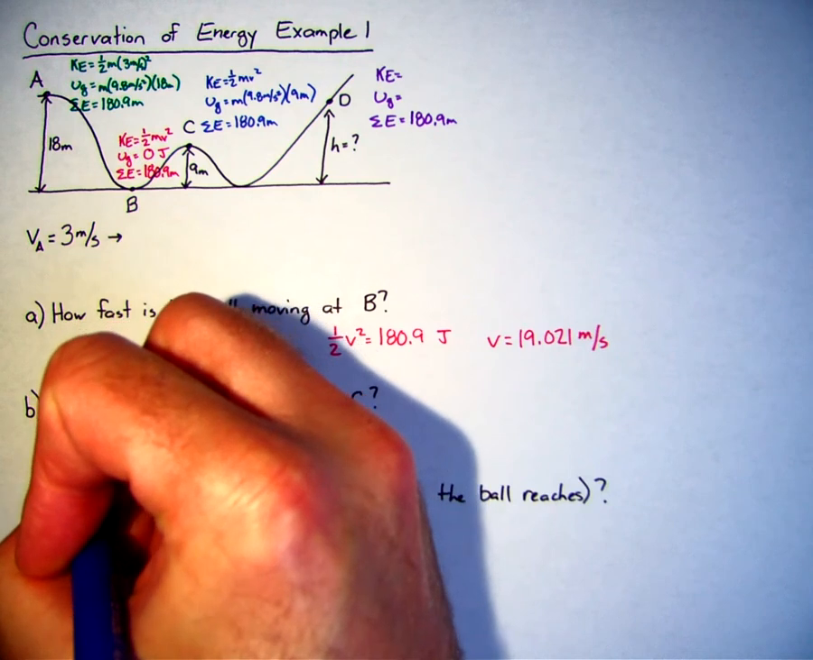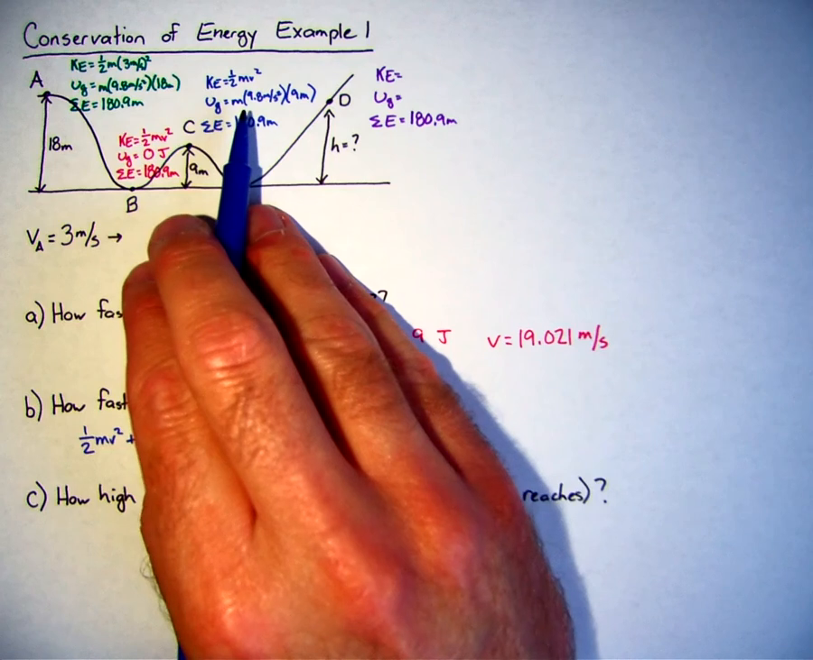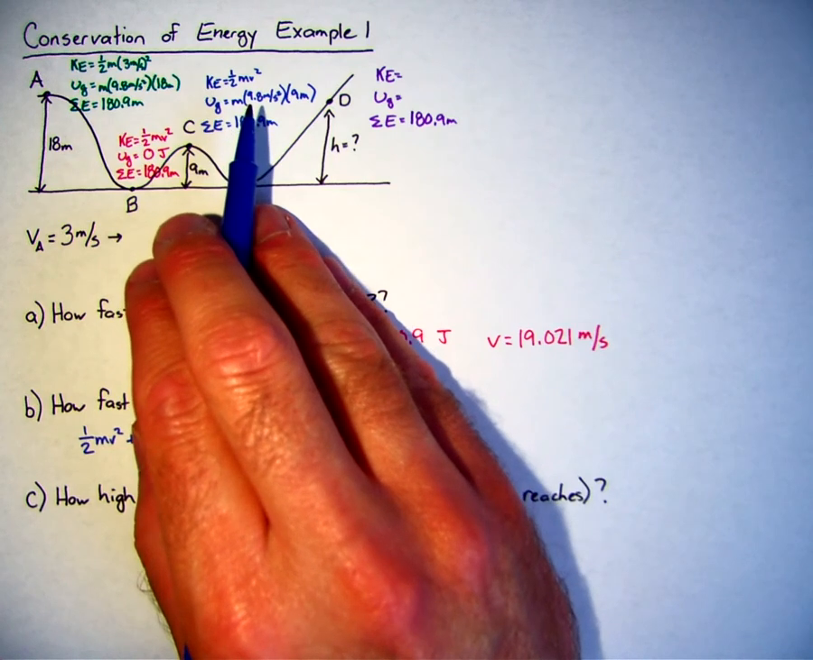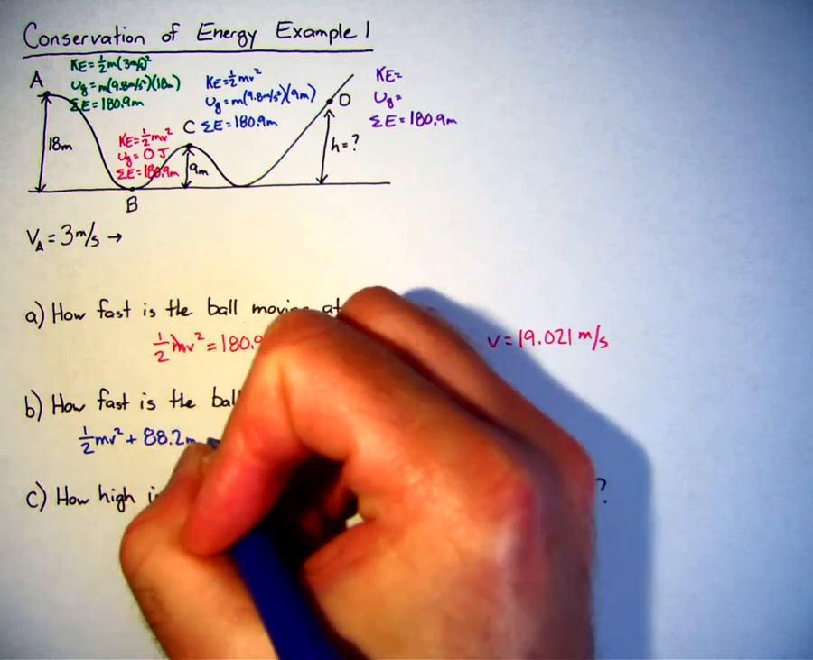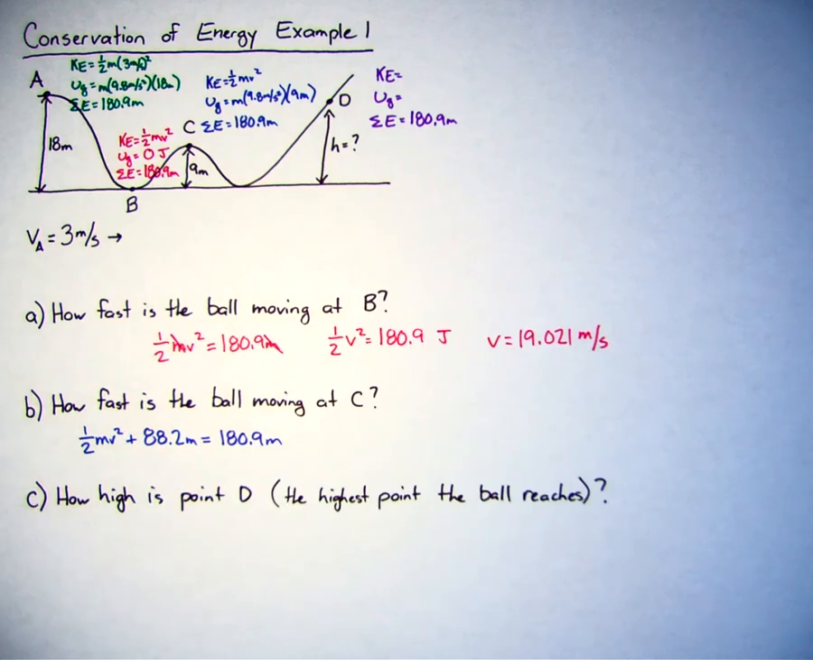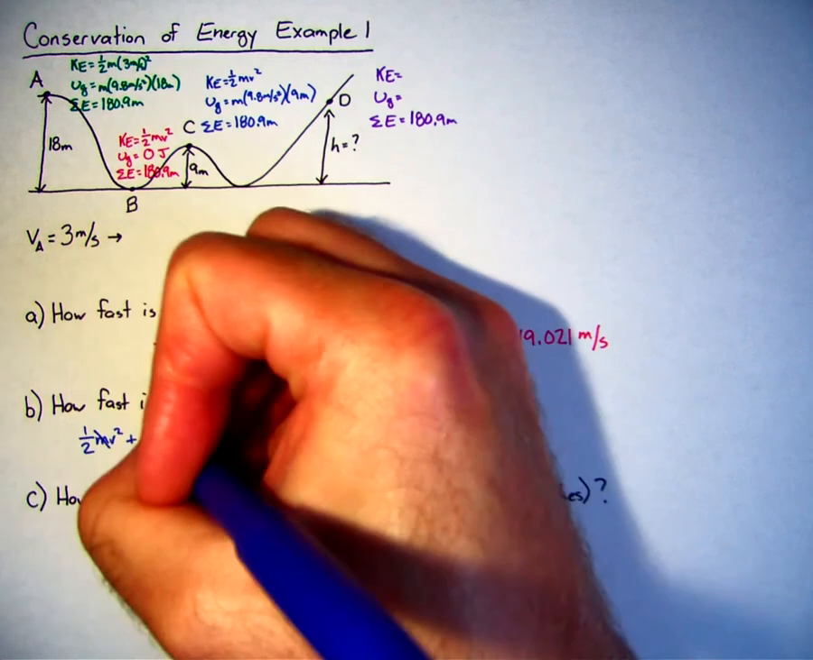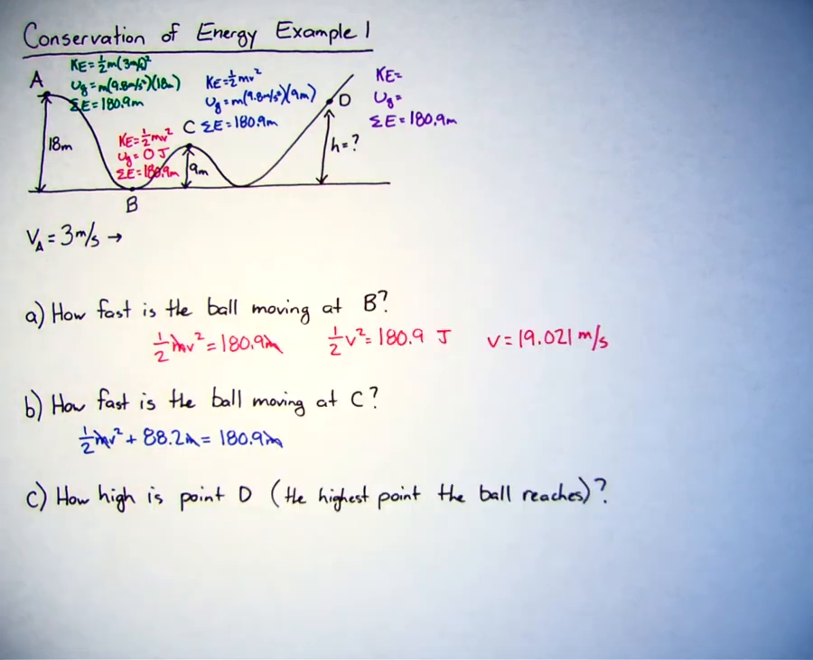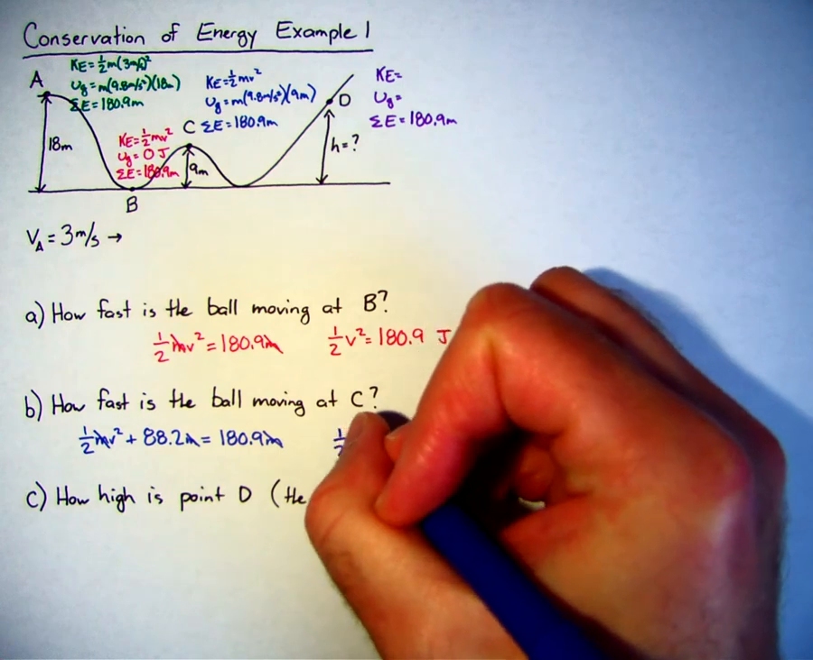So 1/2 mv squared plus, if I combine, 9.8 times 9 times m is going to give me 88.2 m. That equals 180.9 m. Well, again, I have mass in every term. So I have mass, mass, mass. I can cancel out the mass. So I can solve this. I can just take 180.9, subtract 88.2 from there, and I have 1/2 v squared left equals